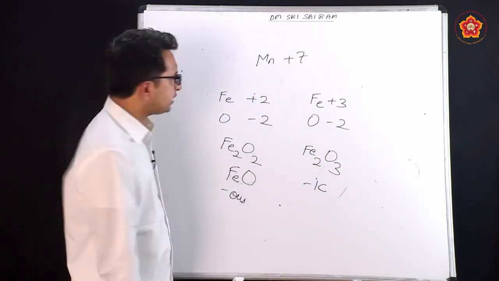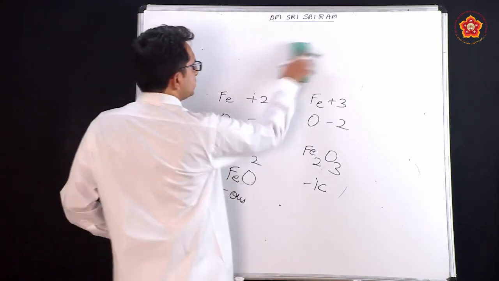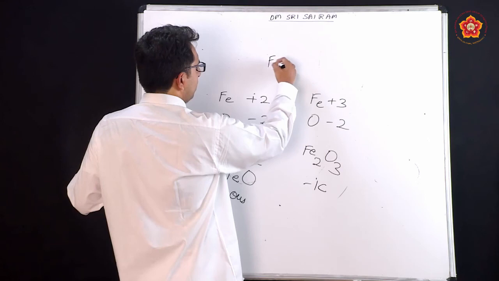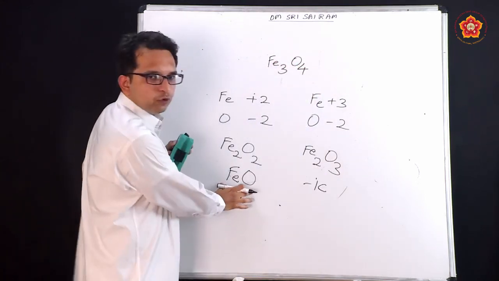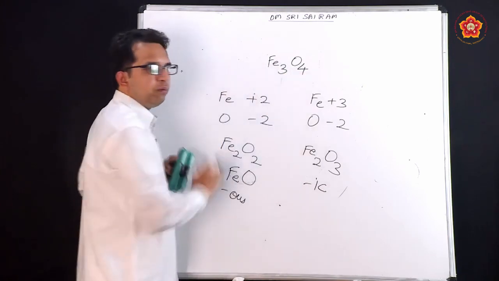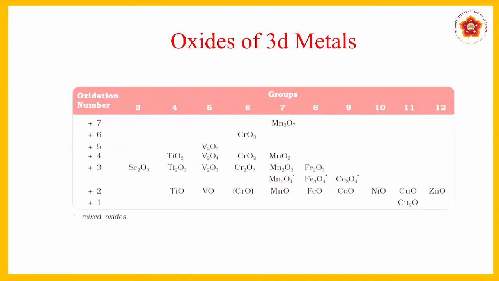So, what do we mean by mixed oxides? It is nothing but a combination of these two oxides. Together these two, FeO and Fe2O3, have formed Fe3O4. So, I explained this as an example, but you are able to see some other mixed oxides also, like Mn3O4, and cobalt compounds also you are able to see. So, these are certain oxides that are stabilized in these compounds which we see.